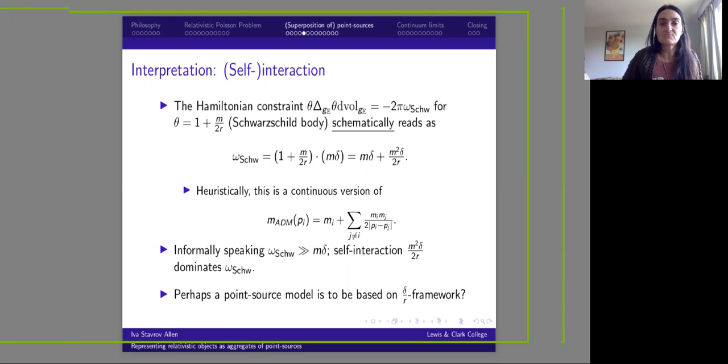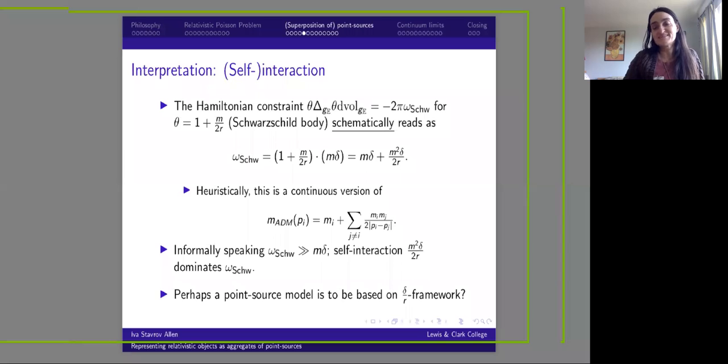On the other hand, I'm not blind. And I see that this is a continuous version of the expression for the ADM mass of the Brill-Lindquist metrics with those sources P_i. So I see that, schematically at least, this expression has a precedent. And we were looking at this and realized that the reason for that surprising result that I mentioned earlier of a sheet with a bubble underneath is that this expression for omega Schwarzschild is dominated by this self-interaction term, if you will, which is M squared delta over 2R. And